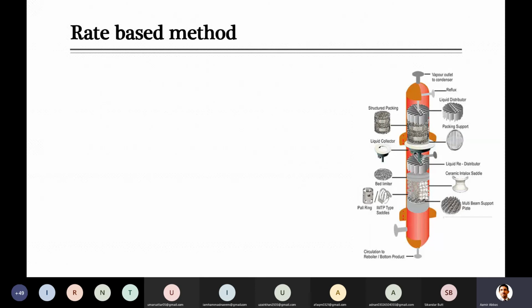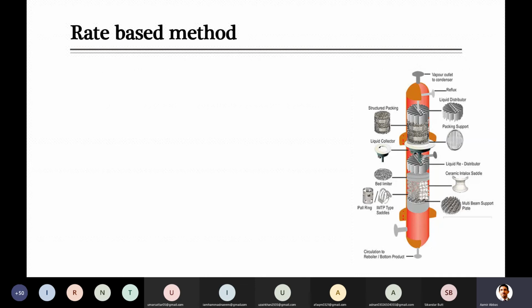But other than the packings, there are 3 different materials used for making the packing, and they include metallic, ceramic and plastic. So we can avoid metallic, and ceramic as well as plastic packings can be used for such kind of services in which there is a risk of corrosion. Then the other point we discussed at that time: in those separations where there is a lot of foam formation, tray towers are not a good choice.